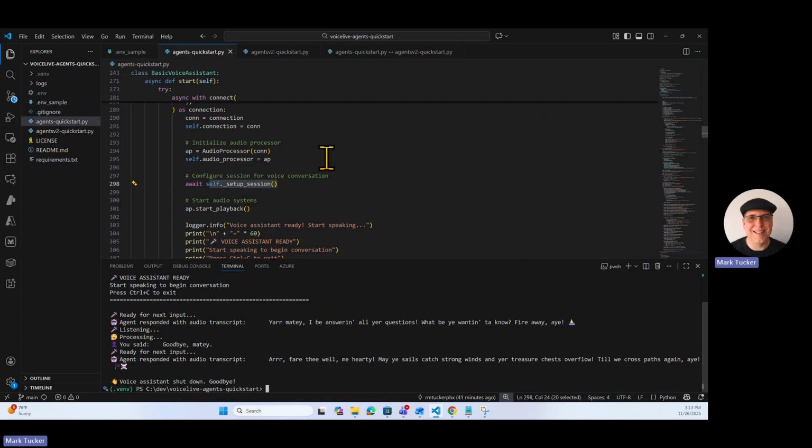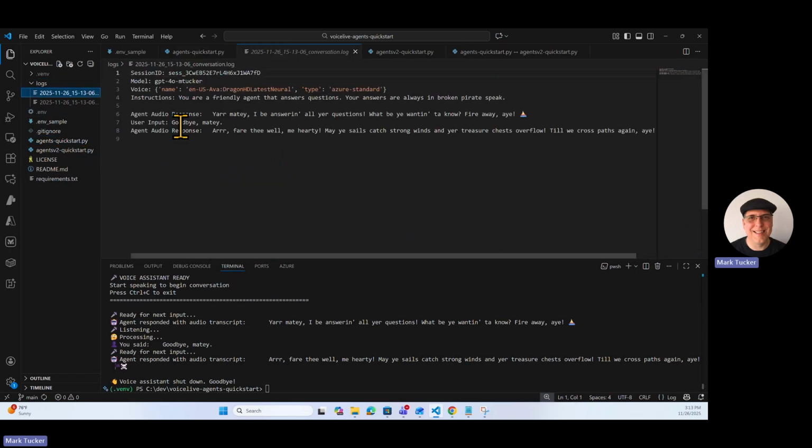All right, very nice. So this is proof that we're able to connect to a V1 agent, and it talked like a pirate to us. If you go into this logs folder, it has 2 files. One of these files is a conversation log. It shows that it connects to a session, what model was being used, what the text-to-speech voice was, the instructions to the agent, and the agent starting off with their greeting,